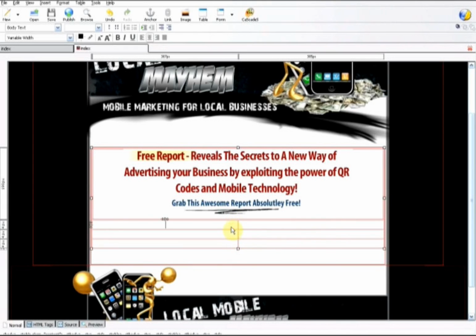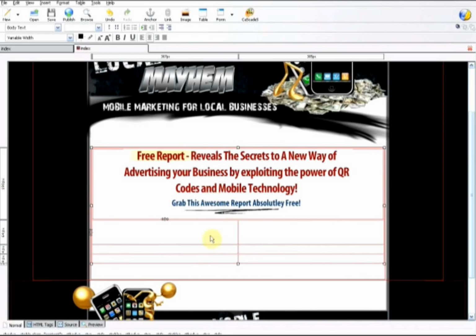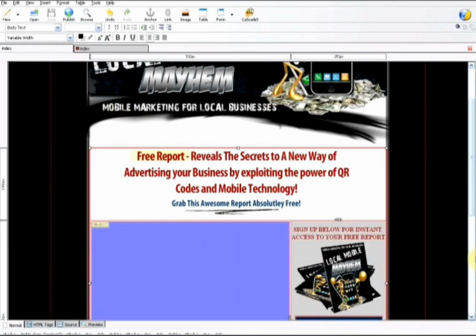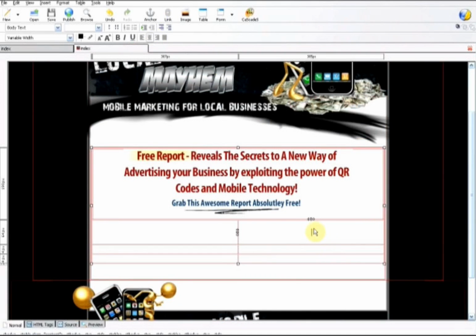So the next thing we want to do is we want to add our video in the section here, and we're going to have in this cell here, we're going to have our call to action, our image, and our opt-in form as well. So what I like to do is, if you see here, I've actually coloured the area where we've got our headline and our graphic and our opt-in form. So if we click on that cell here,